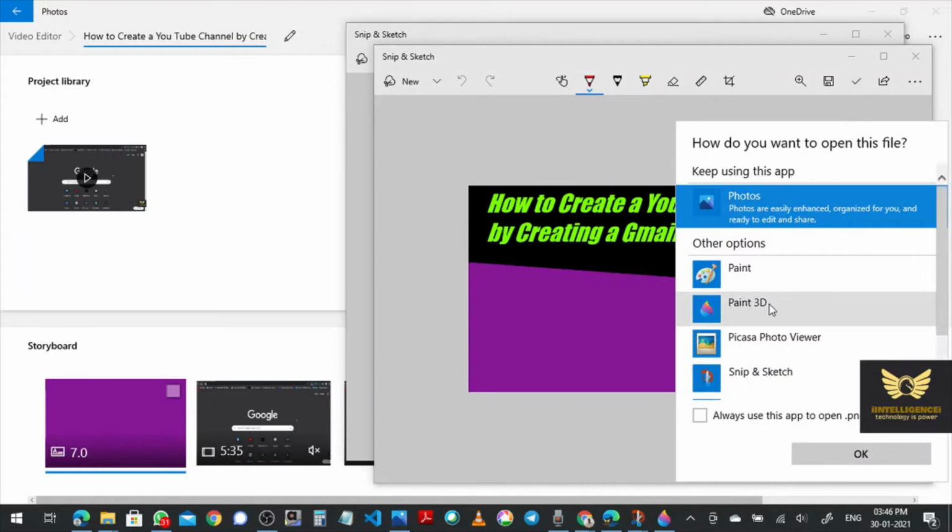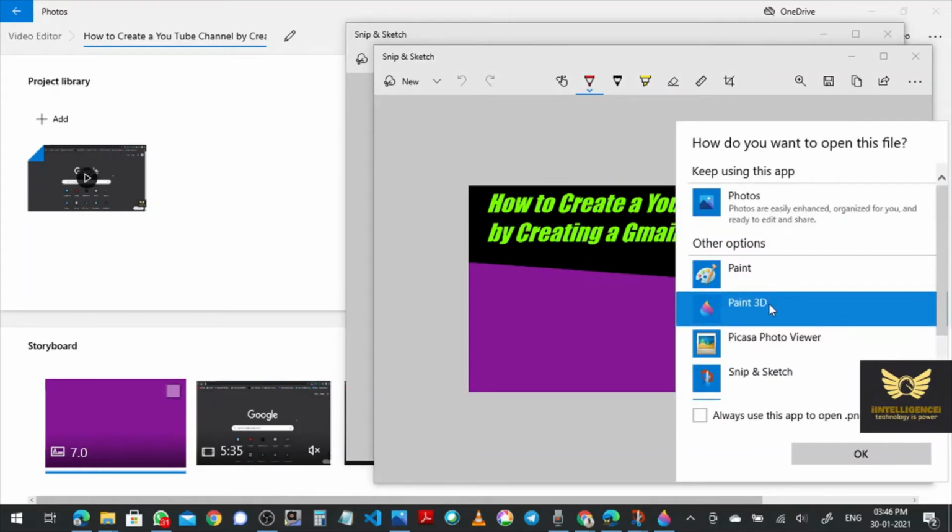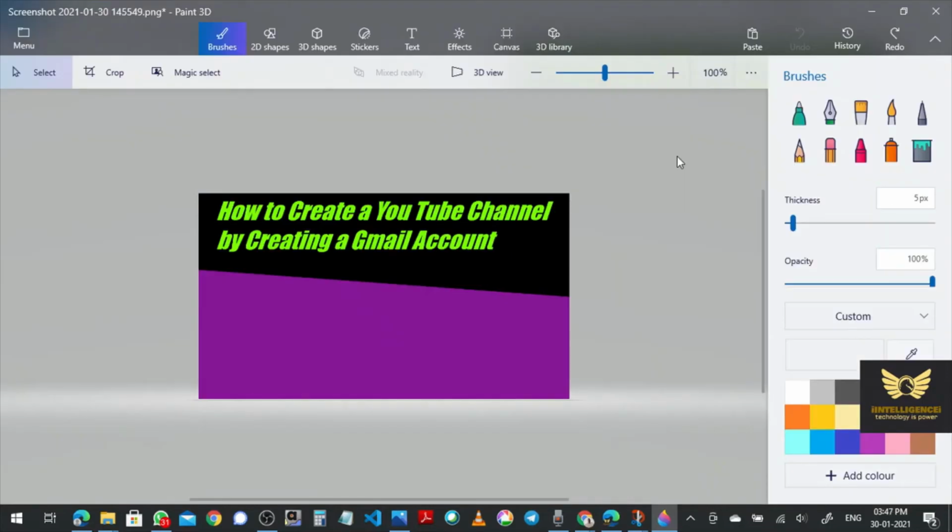Open with Paint 3D. Now the screenshot image has been uploaded in Paint 3D. Now